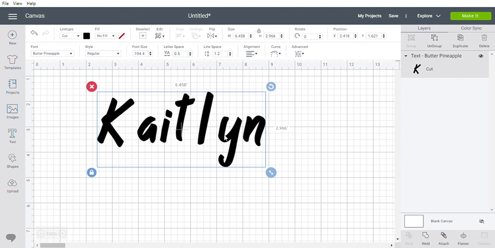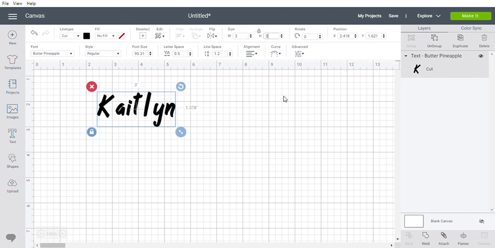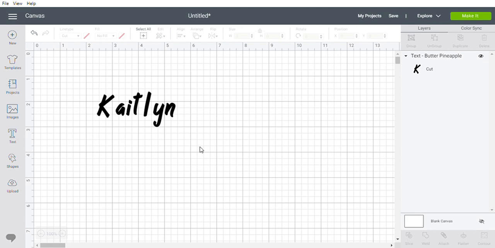If you are working on a project that has a specific size, so like a specific width and height you need it to be, you can come up here to size. And if my space that I was working in was 3 inches by 3 inches, I could type that in and it would automatically make that fit